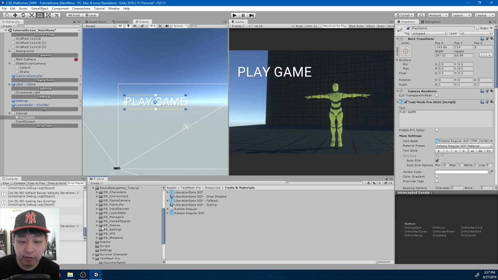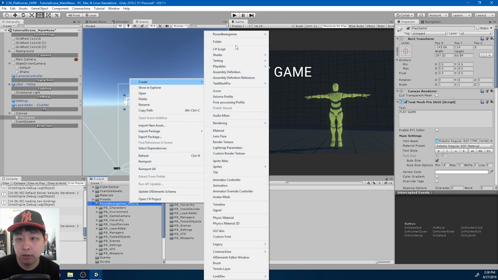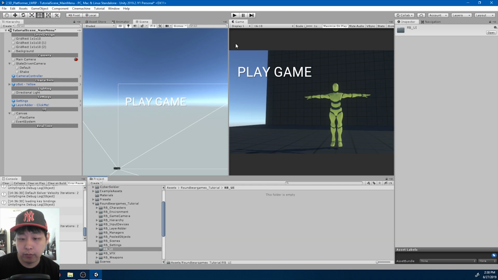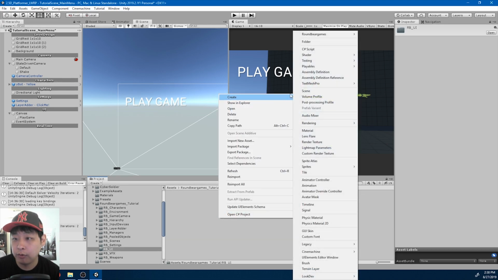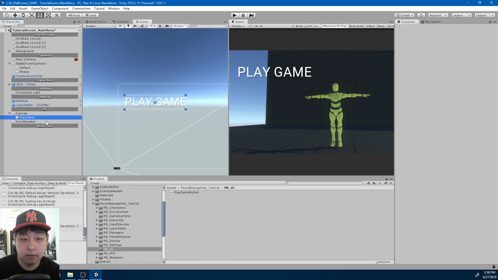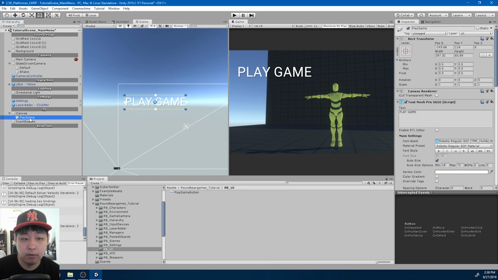So I'm going to create a script, but first let me create a new folder called RBUI, and inside this folder I'm going to create a C# script. I'll call it play game button. Drag the script into the button,